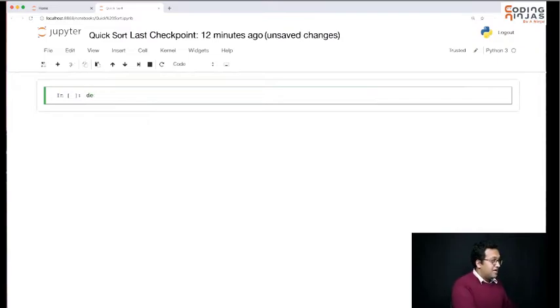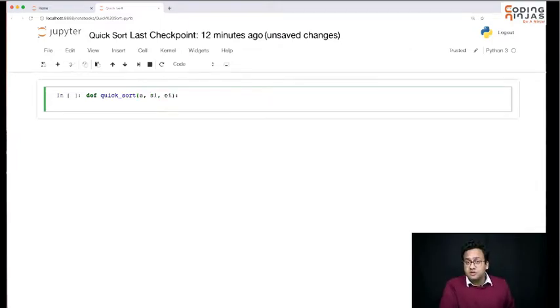Hi. So in this session, I want to write code for quicksort. Okay, so let's get started. I will have a function which will be quicksort. Quicksort will take a list, and as we discussed in the last session, we will need start index as well as end index, because we don't want to make copies. In recursion, when we will be calling again, we want to pass these start index and end index.